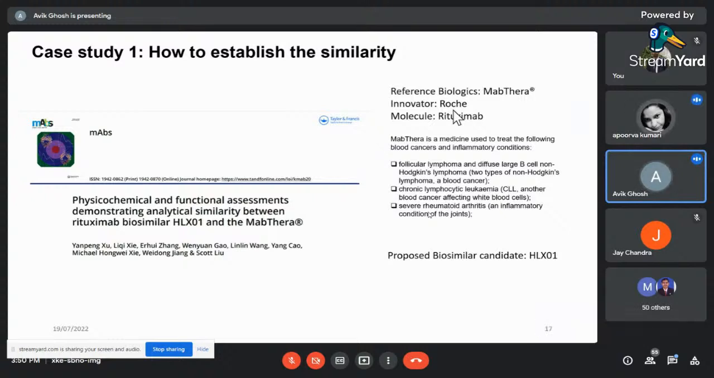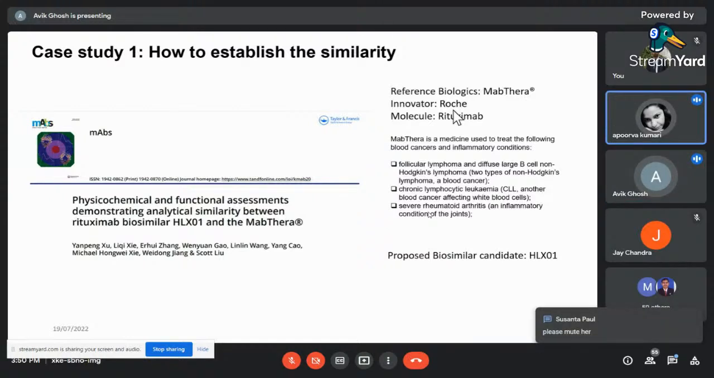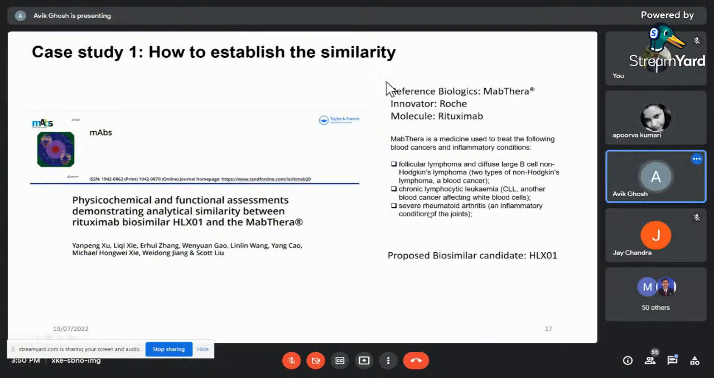The biosimilar development pathway that I have discussed. Okay, so